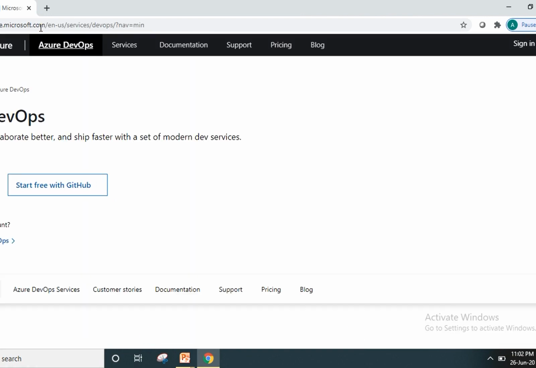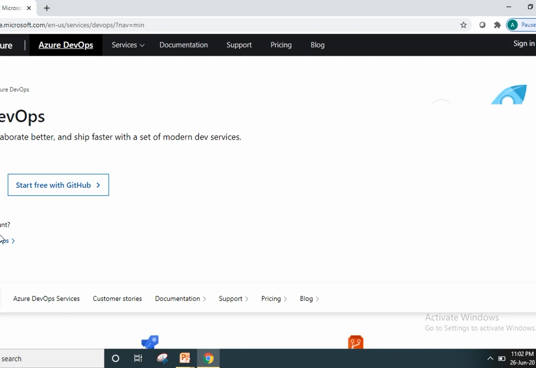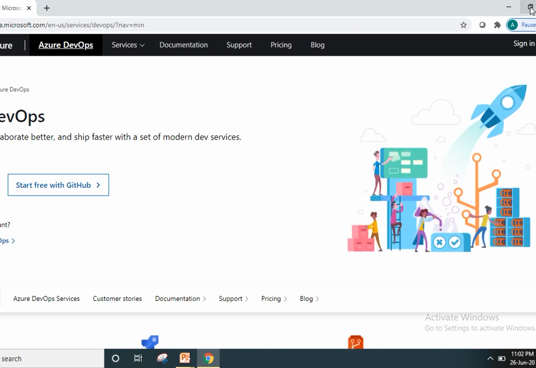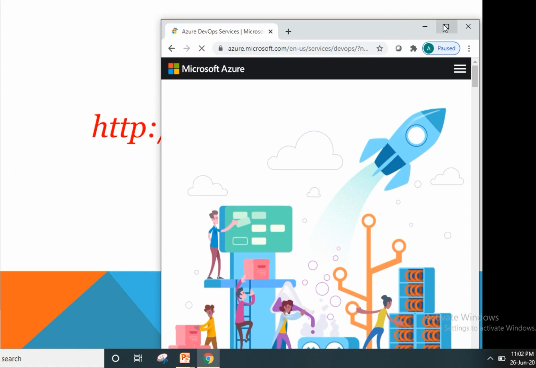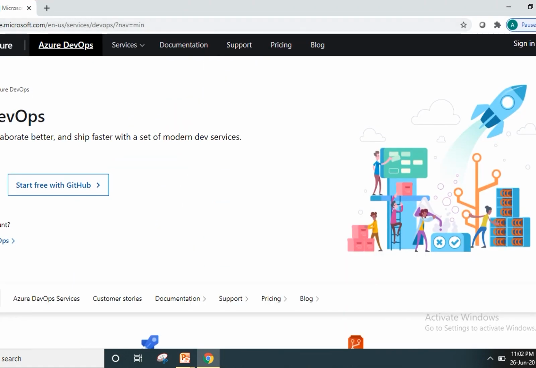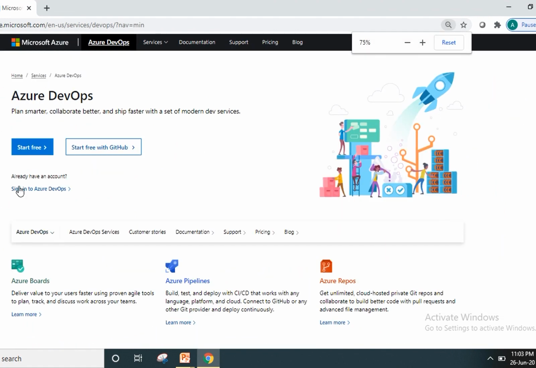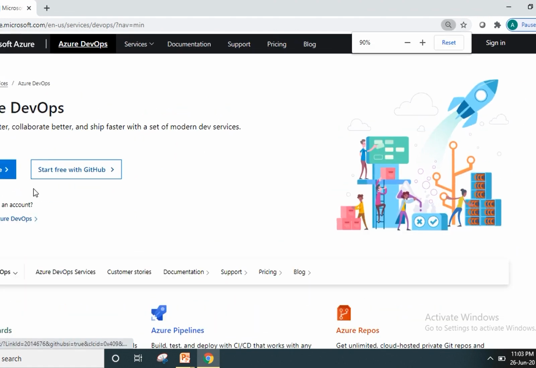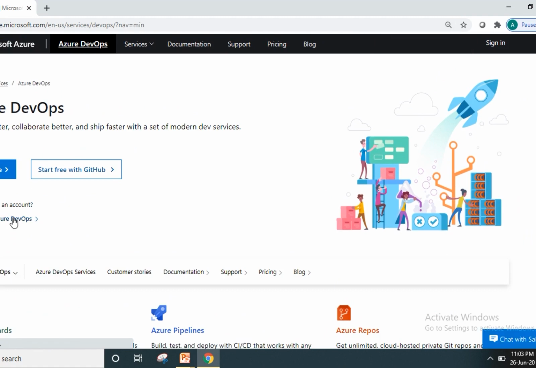Here, create an account. Sign in to Azure DevOps. Using sign in to Azure DevOps, we can get it. I'm going to click on sign in to Azure DevOps.